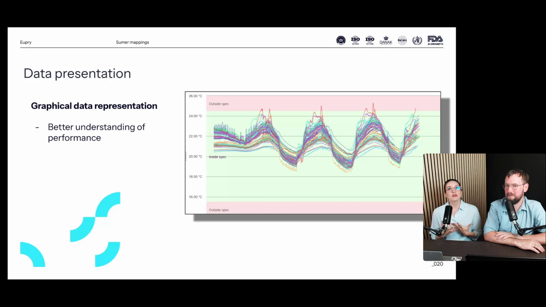So when I do an installation of the data loggers on site, I leave that place and I let the stabilization time run. That's the period where all the data loggers will sync into the actual temperature of the unit or the facility. And after maybe a day, I send them a preliminary graph where they will see how the temperature is working